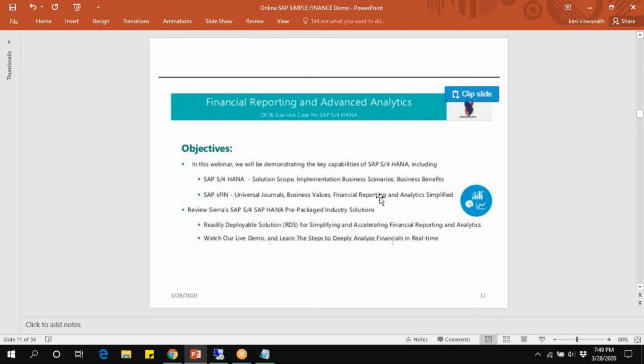Financial reporting is nothing but profit and loss account and balance sheet. Based on analysis simplified, we need to integrate BPC, business planning and consolidation. Based on that, we generate predictive analysis, trend analysis, data discovery, and data visualization.